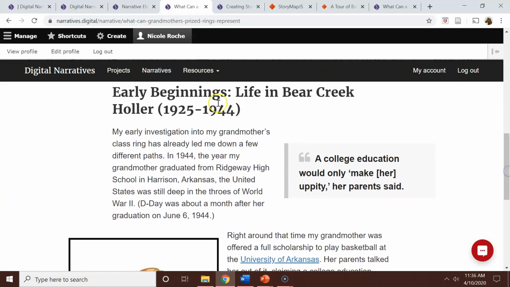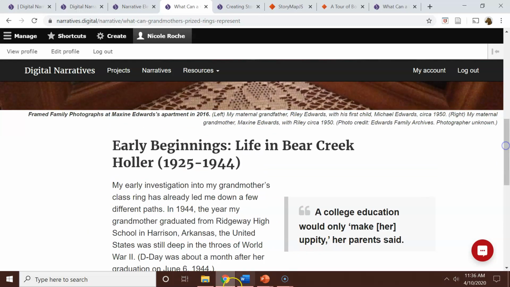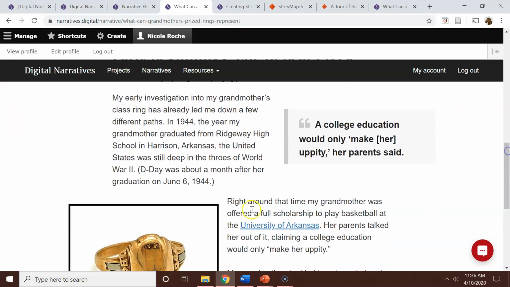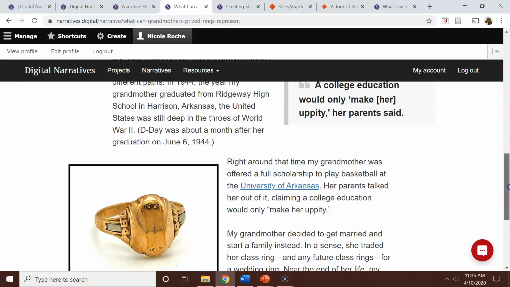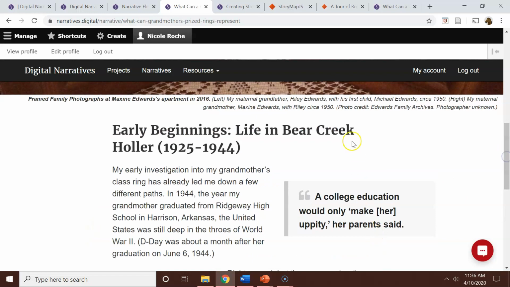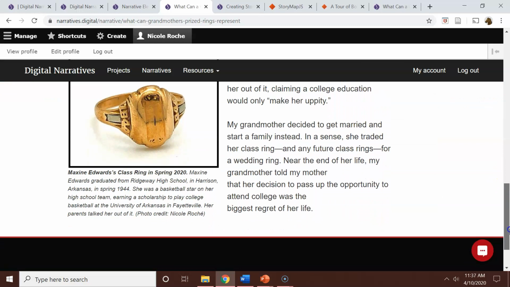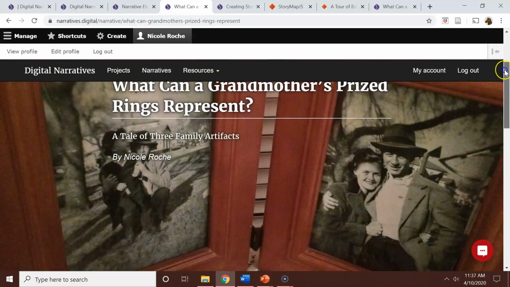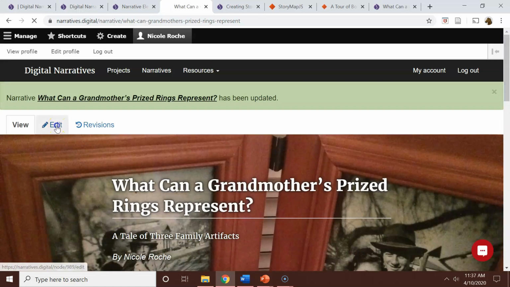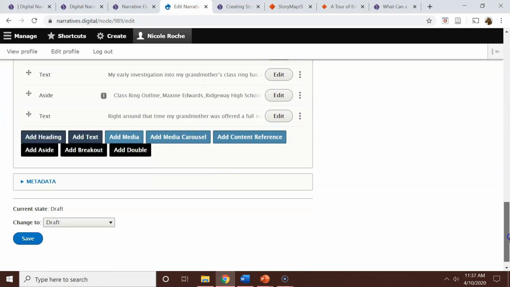Okay. Alright, so there's my aside. This is a little crowded, so I might kind of play around with my paragraphs again and my images to move this up a little bit. So I'll do that during the break. But you can see how this is snugged up real nicely here with the body text. Okay, so let's go back in. We'll just keep going on to the next element here,